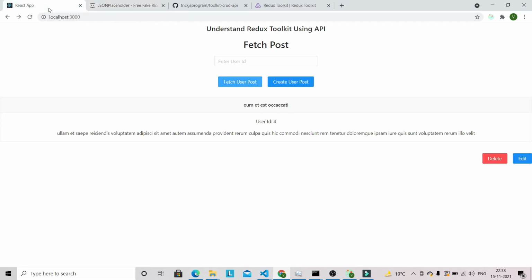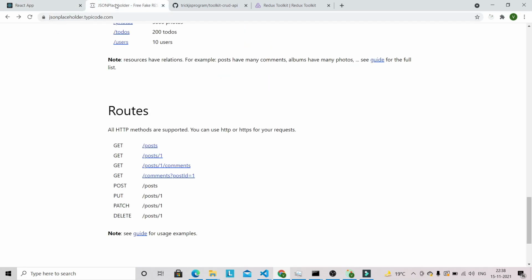As you know, this JSON placeholder doesn't maintain any kind of database. So whenever you make a delete request, a post request or a put request, it's not going to update the database. It doesn't maintain any kind of database behind the scenes.